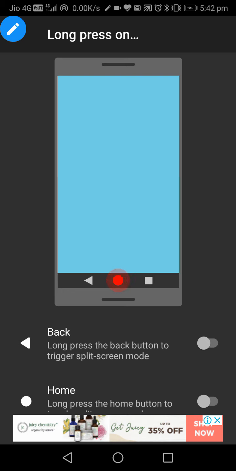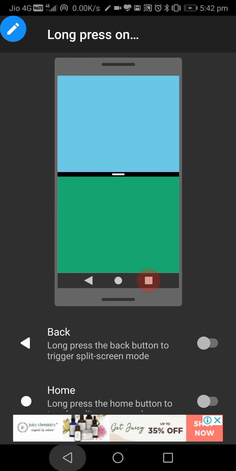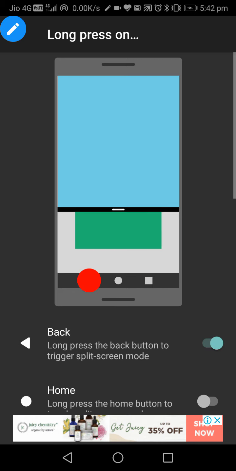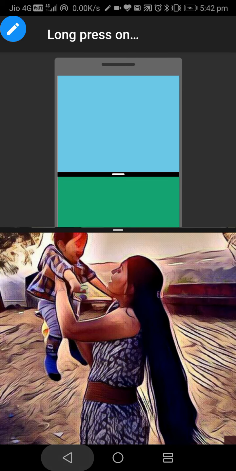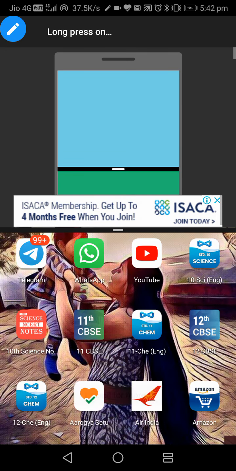Means if you press the long key, for example, let's try this one. I am pressing this long back key. Let us see whether it will split or not. Okay, I have to turn it on, right? So I am pressing the long press. So it is splitting. That means in one screen you are attending the Google Meet, and in another screen you will write the Google Forms, and whatever you are doing on the mobile, the teacher will monitor. So you cannot copy it.